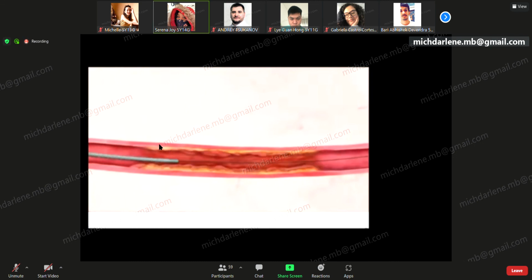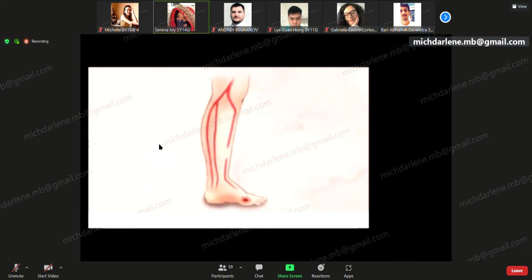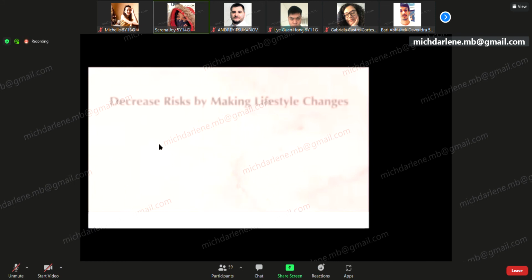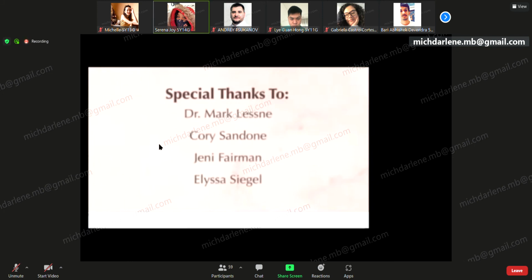The doctor can then inflate an angioplasty balloon and stent, if needed, to reopen the artery. Once the artery is satisfactorily opened, all the tools such as wires, catheters, and sheaths are then removed. The femoral artery access in the thigh is sealed, and the patient can usually go home within 4 to 6 hours. At the end of a successful procedure, it is important to decrease your risks for future blockages by committing to making lifestyle changes, including quitting smoking, taking prescribed medications, and exercising. These changes can go a long way to helping you live a longer and healthier life.